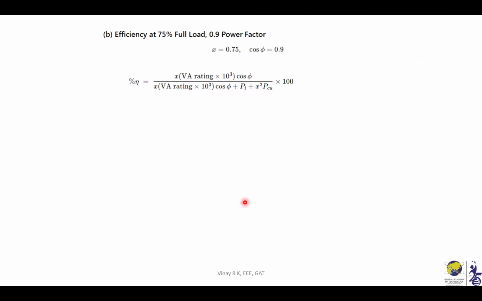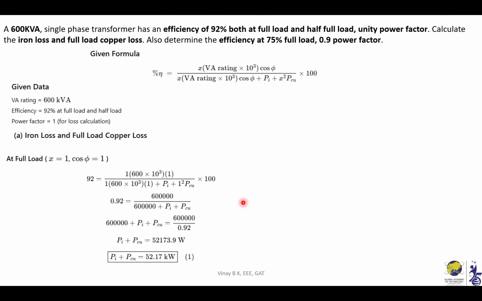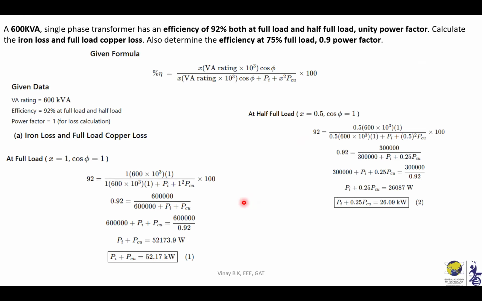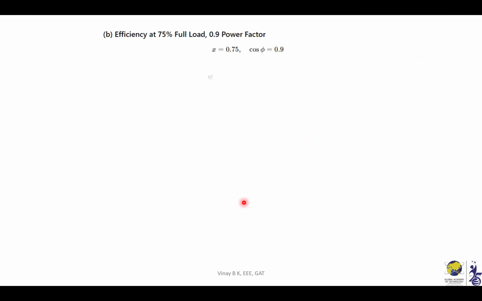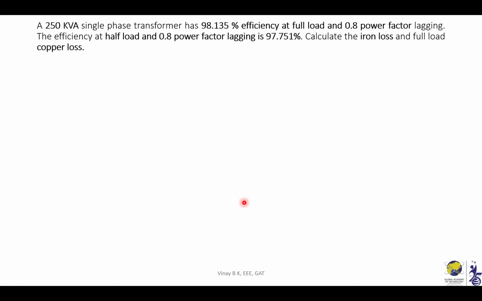So first you need to calculate PCU and PI with the help of full load and half load. You'll get two equations. Solve these two equations with the help of calculator. Then you substitute these values in this efficiency formula. You'll get the answer as 91.64 percentage. And the next problem is similarly